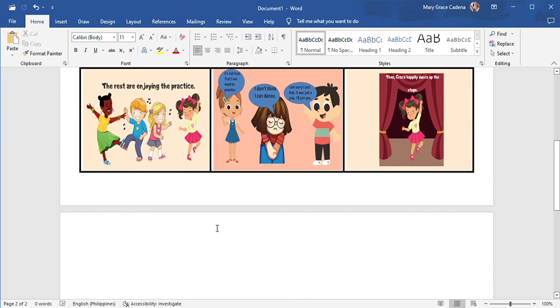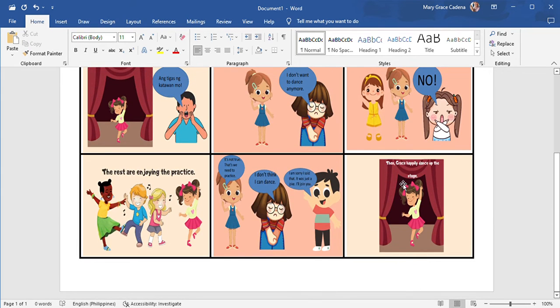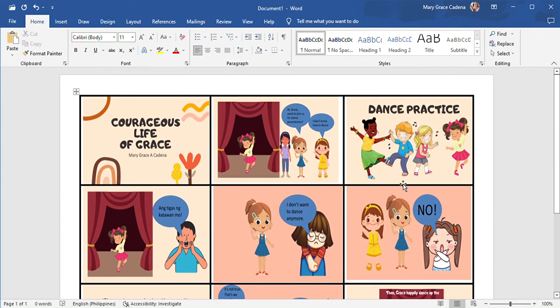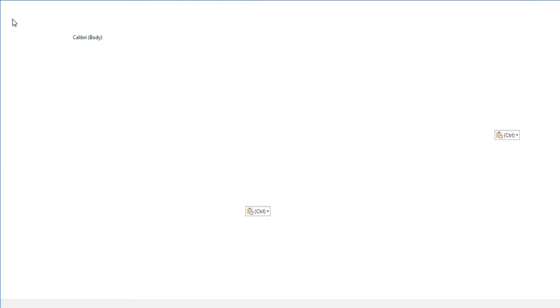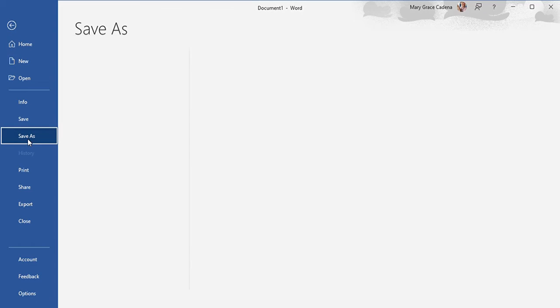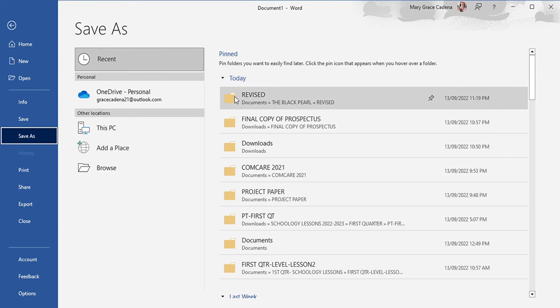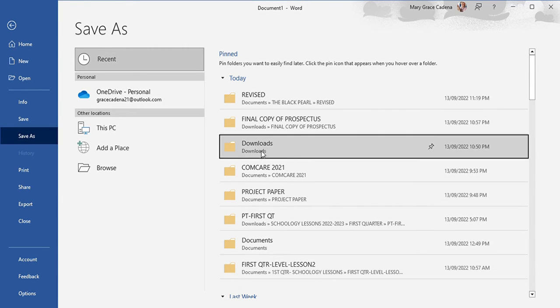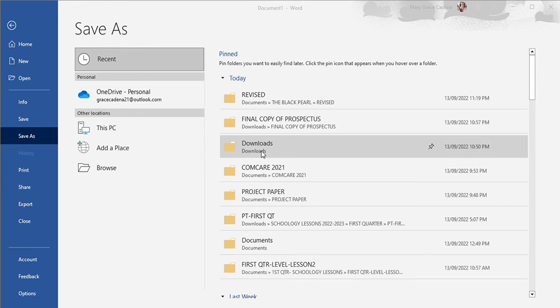Now we are going to save this document into PNG so that it would look like one picture. Then we try to save it. Let's rename our file Courageous Life of Grace comic strip.